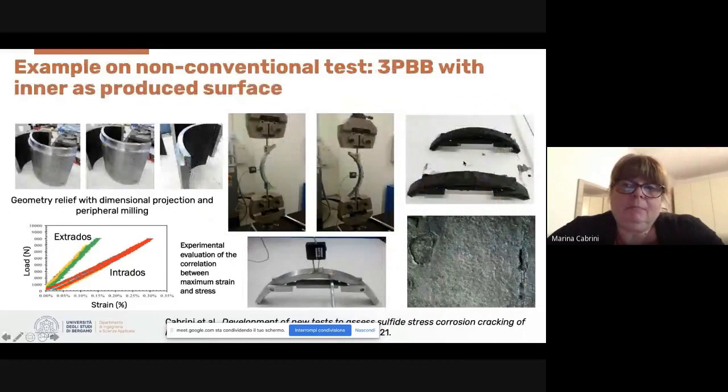This is an example of using the as-produced surface in pipelines. Why use the as-produced surface in pipe? Because generally the machining and the hot working leave on the pipe a scale of oxide that enters in service and can change the behavior of the surface,